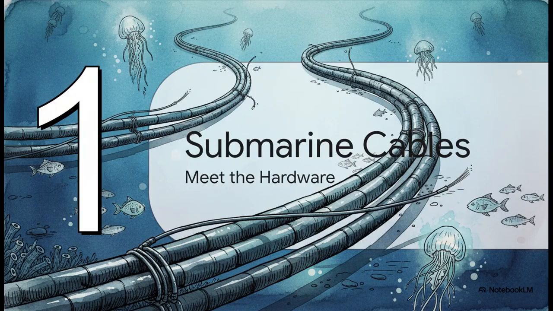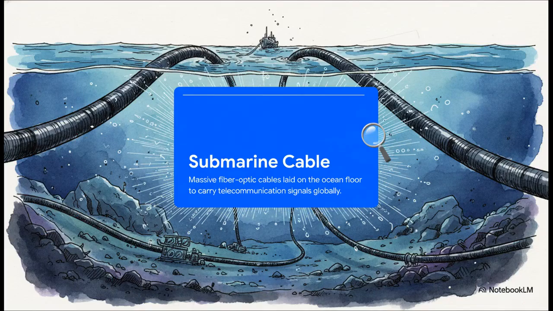Let's move into our first major section. Meet the submarine cables. So a submarine communications cable isn't just some standard wire you tuck behind your TV. We're talking about massive, physical fiber optic cables. And they don't just magically appear down there, they are actively laid across vast stretches of water by giant, highly specialized ships. These vessels drop the cables directly onto the ocean floor to carry telecommunications signals globally. These are heavy-duty, industrial pieces of engineering specifically built to survive the crushing, harsh depths of the deep sea.